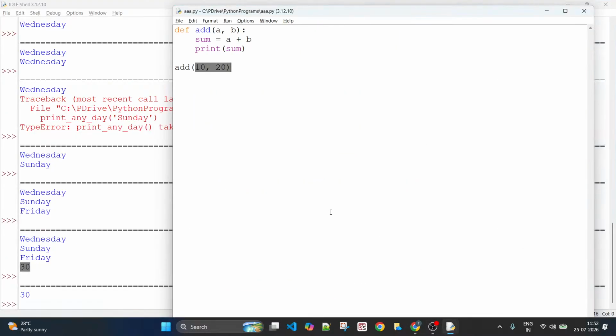Now, what if I try to print sum here? You just try to print sum here.